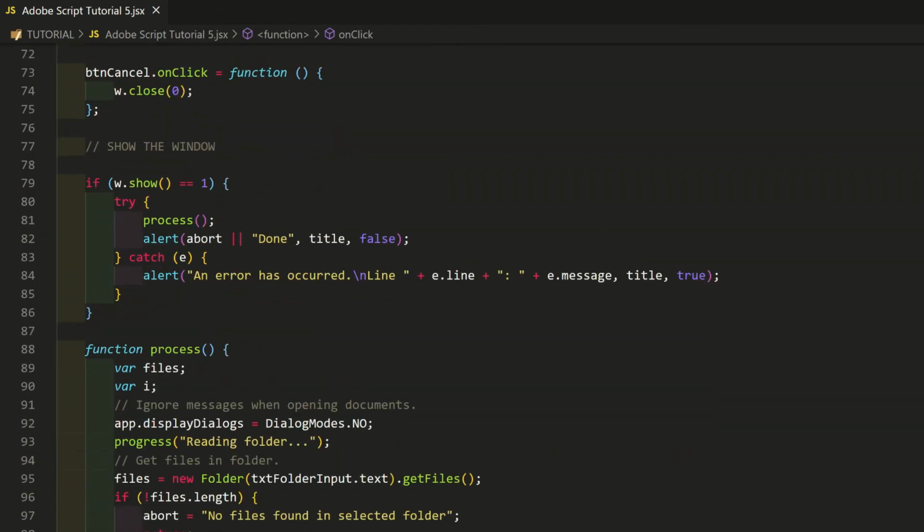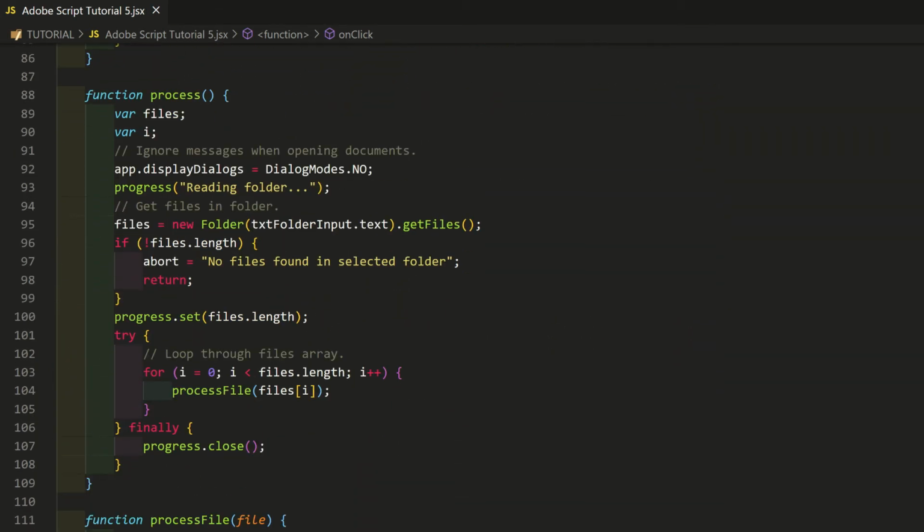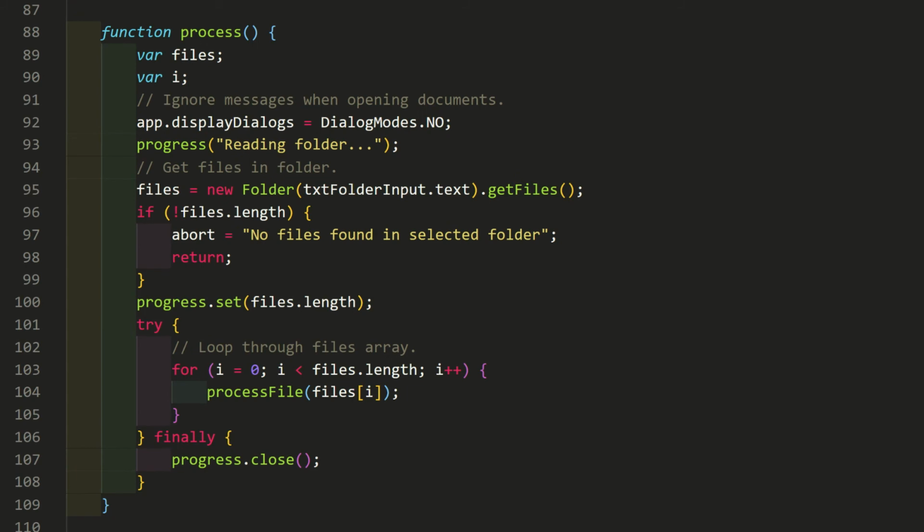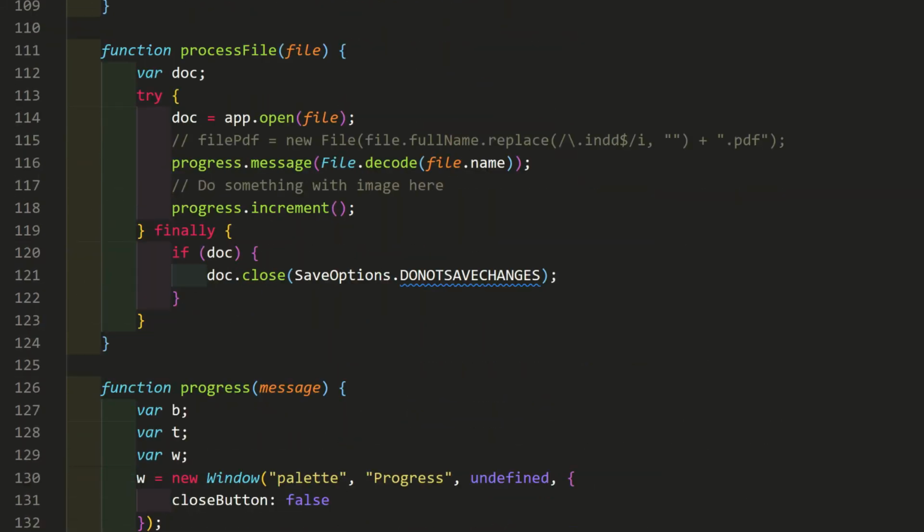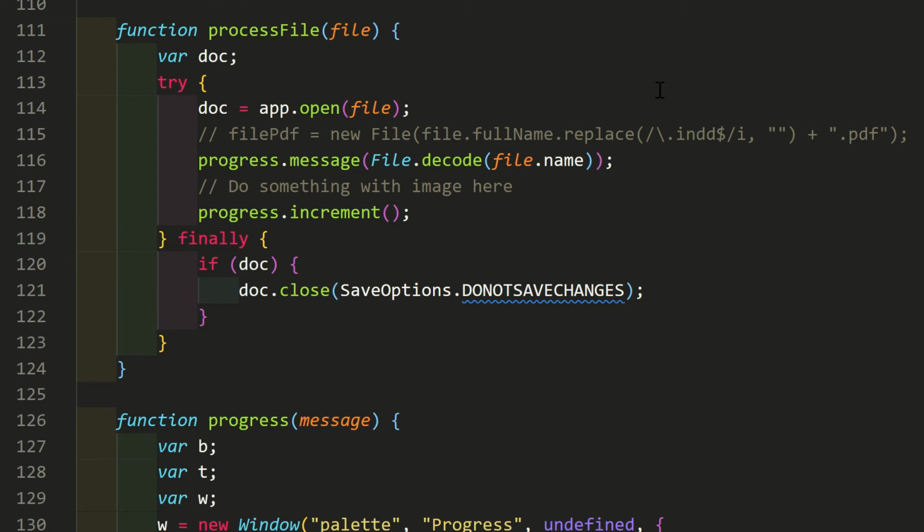Recall last time, I suggested breaking up the process function. Now we can see the value. There's nothing more to change about that function. All we have to do is update processFile. We won't do much for now. Just save a JPEG of each in the output folder.